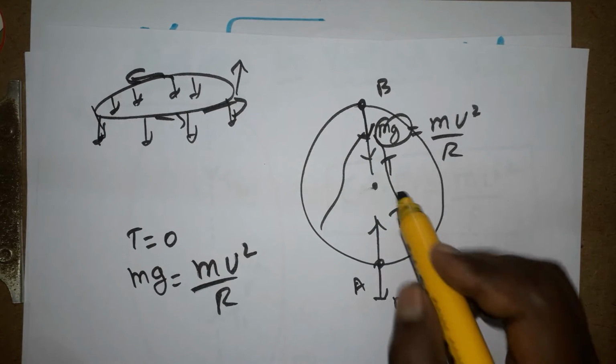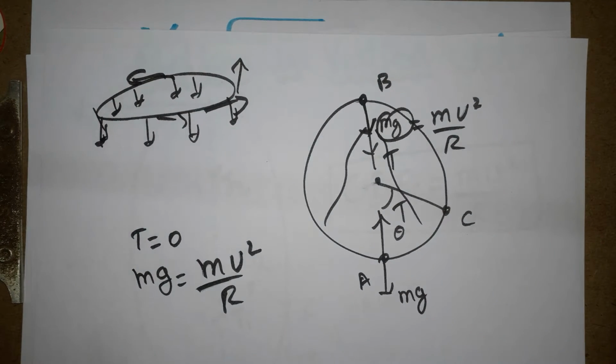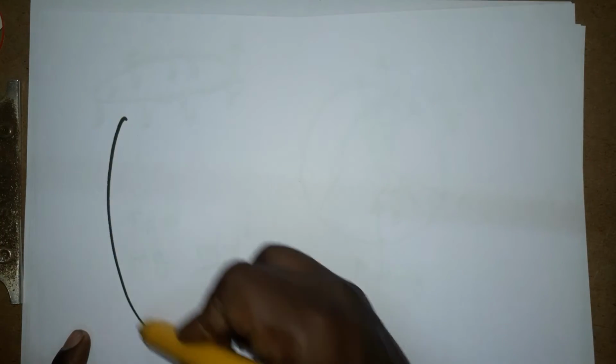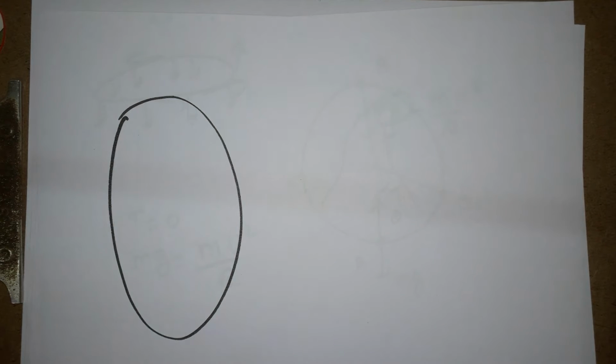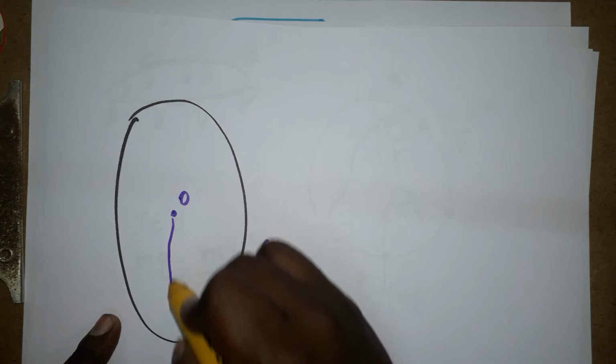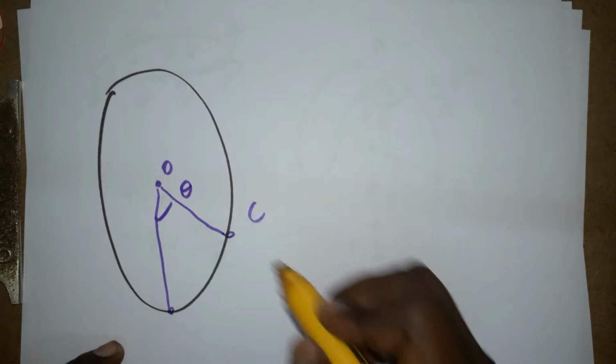So for this I am taking the point C, and then I am going to conclude with the general equation. Initially, from the vertical circle we take a point C. At any point, at one place, we take it as C. Here I have taken C. This is the center. From here it's going to be the theta angle.